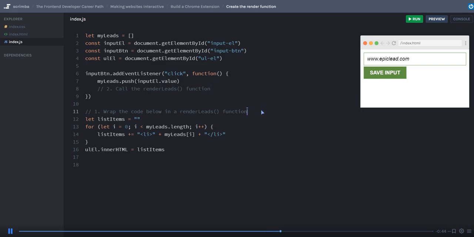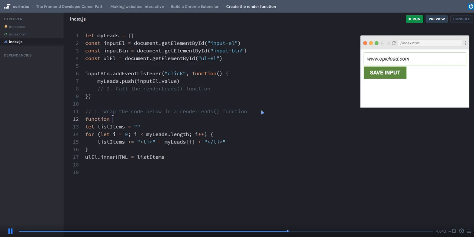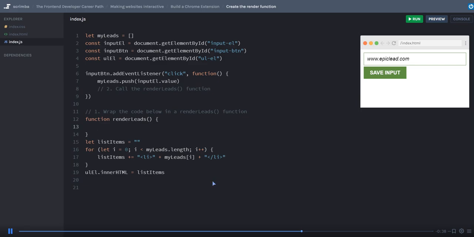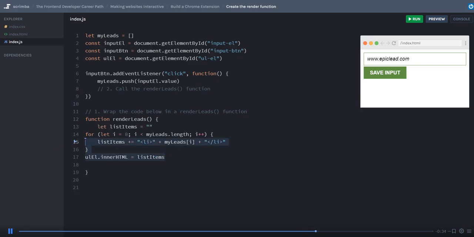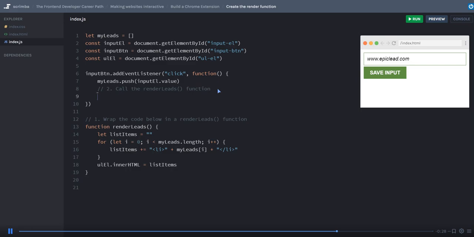Okay, hopefully that went well. Now let's do this. I'll write function renderLeads, and then the body of the function. Inside of that, I will copy this code and also tab it out so that it's easier to read, like this, looking good. And then we are to call the renderLeads function. We do that by writing renderLeads and adding the open and close parentheses. Now, if we run the code,